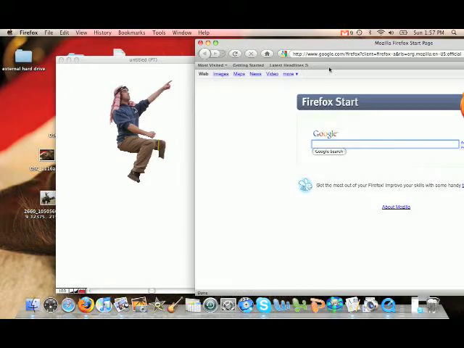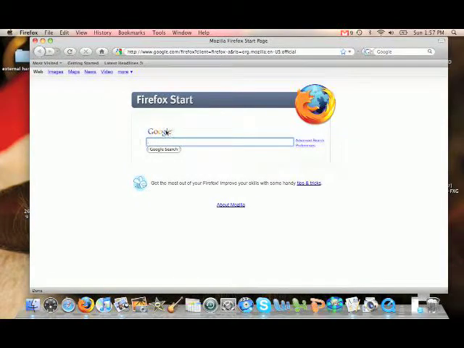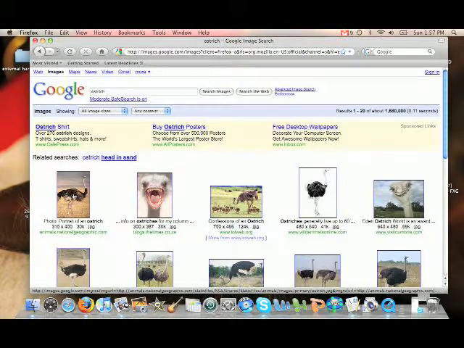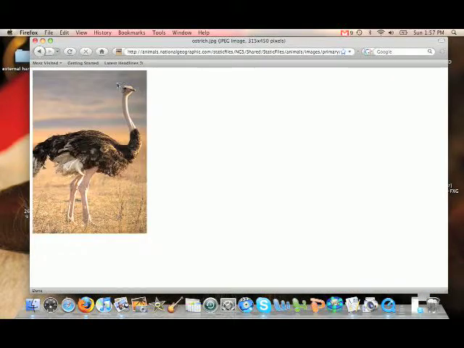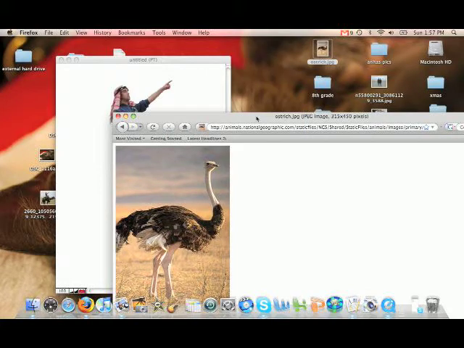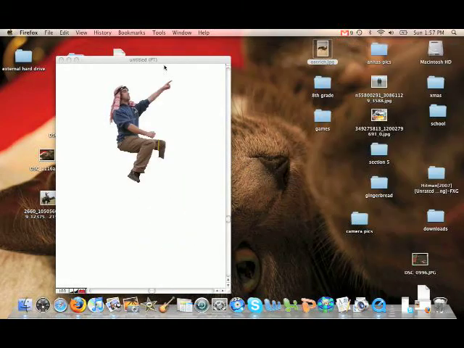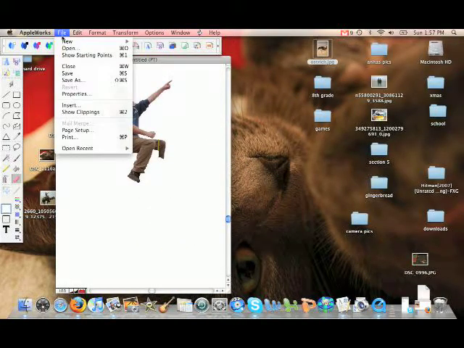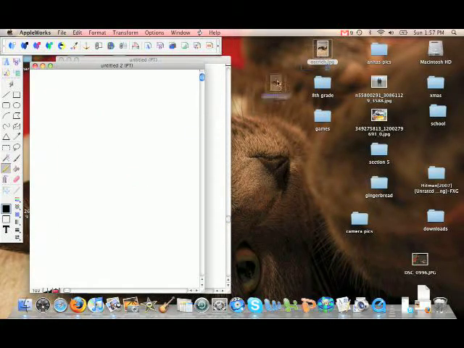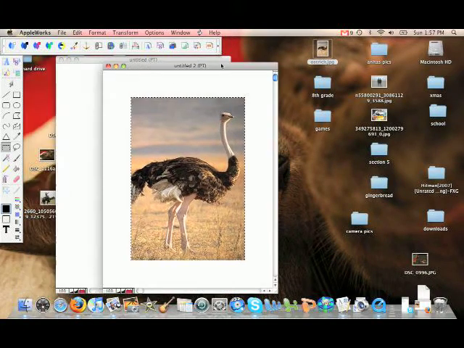Now that I've finished erasing, I need to find a background for this picture. I think I would like my brother Nathan to be sitting on an ostrich. So I went to Google, I clicked on images after I typed in the word ostrich, and the first picture there is a pretty good one, I think. So I'm going to click on the picture, drag it to my desktop, and now I need to open a new blank painting page. So I go to File, New Painting,